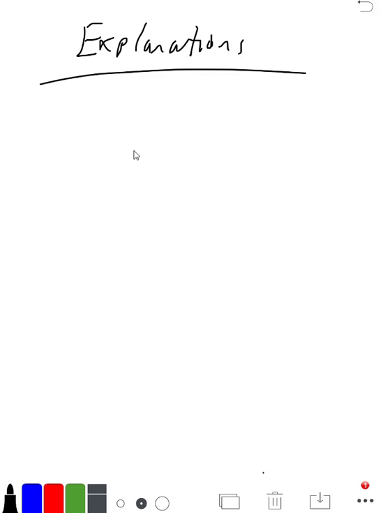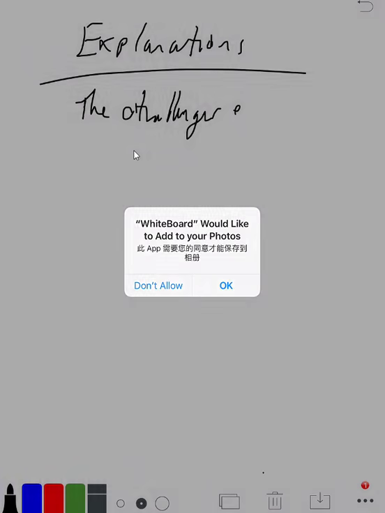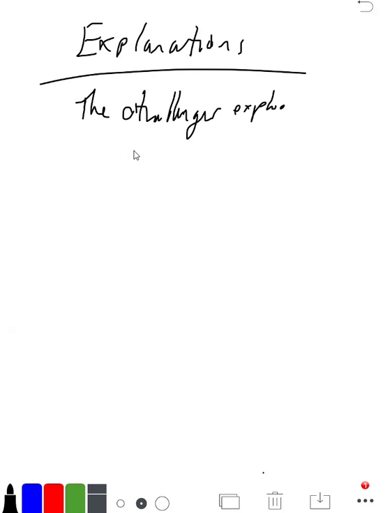Explanations. When you're dealing with explanations, you're typically going from what might appear to be evidence. If I said something like this, the Challenger exploded, since the O-ring failed. Notice in this example,